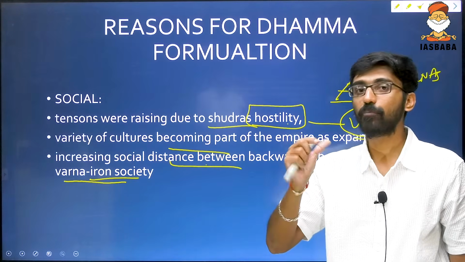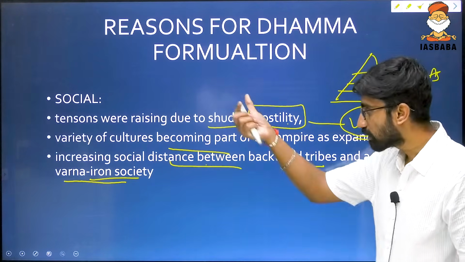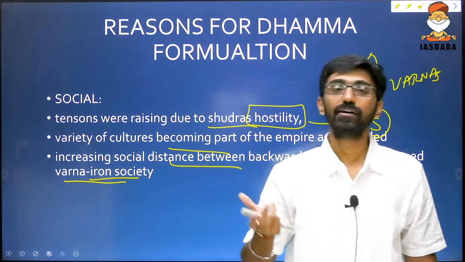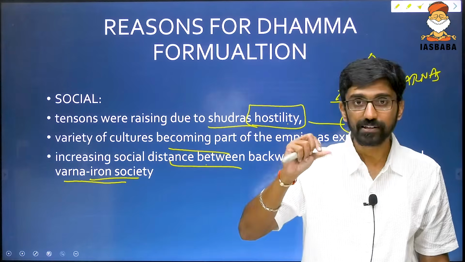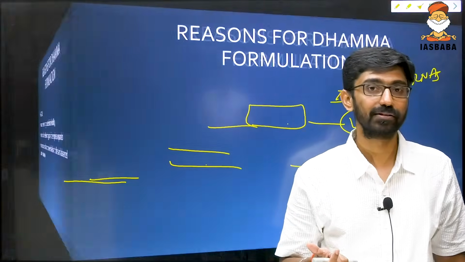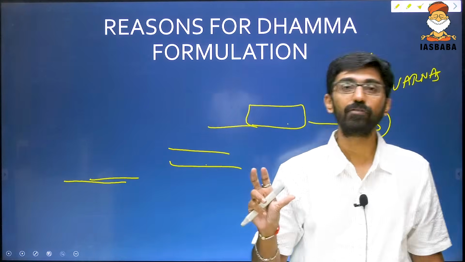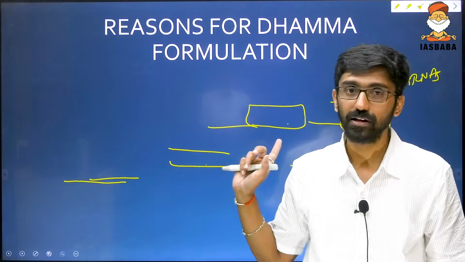There was a technological gap that was increasing, and now all these cultures were becoming part of one single empire, and that increased the social tensions. That increased the gap between these communities. Okay, so overall we can say a not so harmonious society was developing during that point of time. That is the social